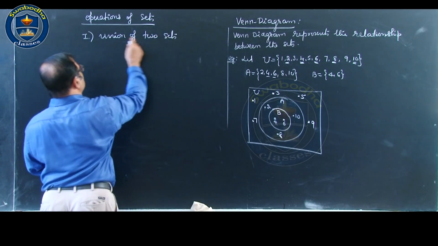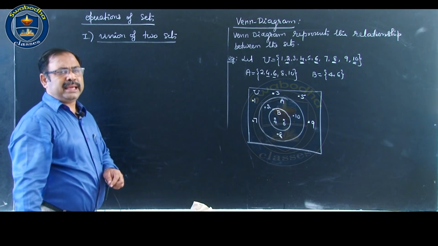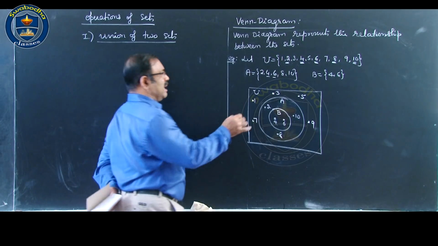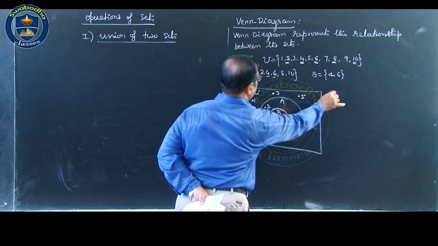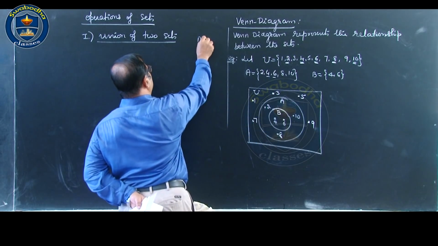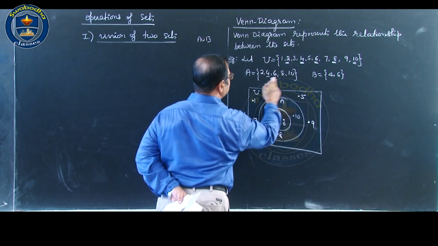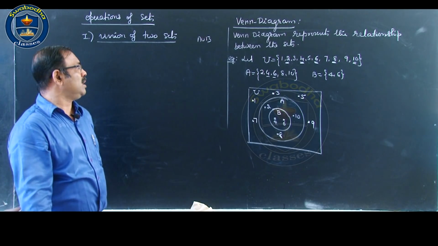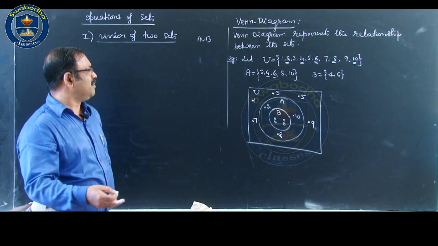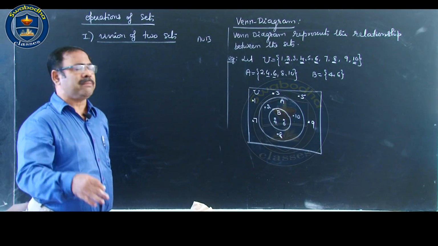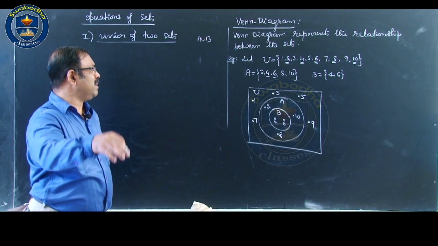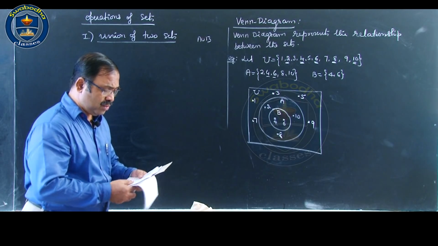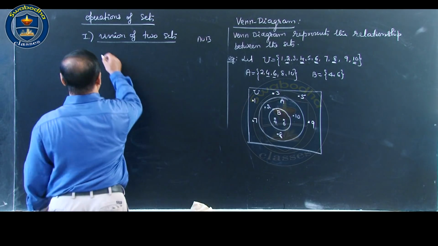Union of two sets. See, what is the meaning of union of two sets? ಈಗ ಸೆಟ್ A ಮತ್ತು ಸೆಟ್ B, ನಾವು ಸಿಂಪಲ್ ಆಗಿ ಯೂನಿಯನ್ ಹೇಳೋದಿದ್ರೆ A union B, it is denoted by A union B, that contains the elements of A and B together. All the elements of A and B are there in A union B. In other words, we say A union B is actually the elements of A and B included in that. So what is this A union B? Union now. Union of two sets.